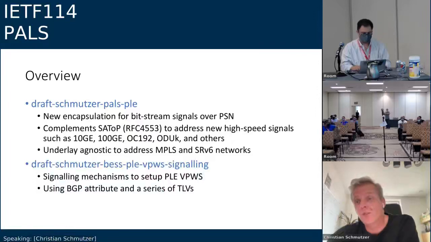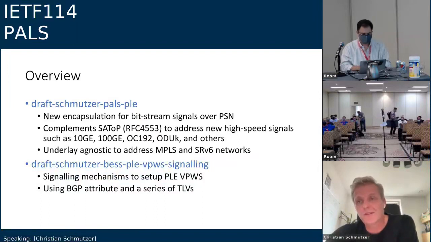A lot of things can be done with pseudo wires, right? And Ethernet pseudo wires and EVPN VPWS are doing a great job. The first draft part of this session is called PLE, or private line emulation, and is about the data plane. It addresses the gap that we cannot act at the bit level and be more transparent. Maybe I want to be completely transparent for Ethernet to also support synchronous Ethernet for some special cases, or maybe I want to carry Fiber Channel and non-Ethernet technology.